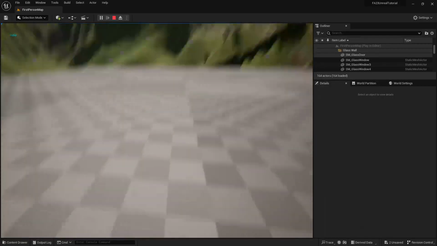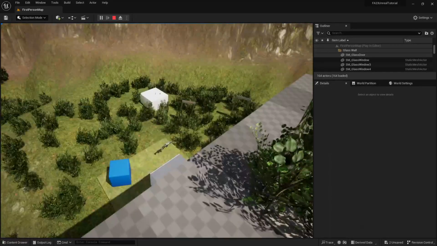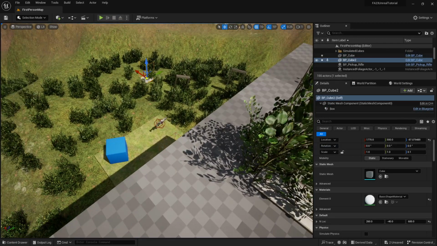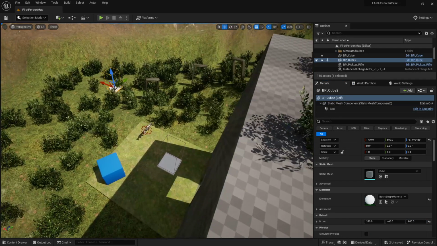If I hit this one, that one's now twice as big too. Okay, so a couple things. First off, I'm going to change this to be a little bit higher because it's teleporting me into the floor. And then the other thing is